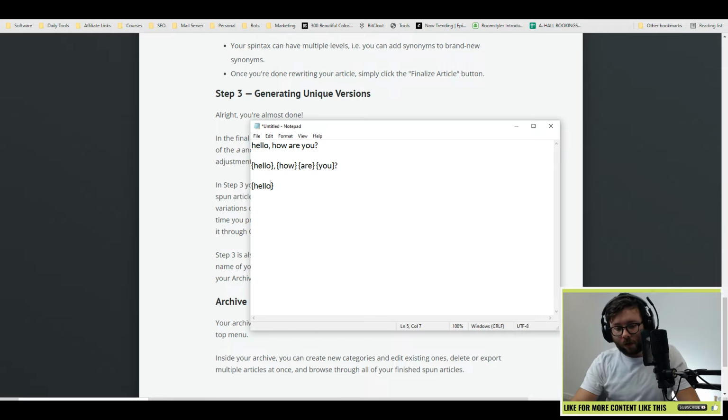Let's say we want to say hi instead of hello. So we'll just do this line here, and then we'll say hi. So now that's a divider. And let me put another divider in and say howdy. Now we've told the software you can use either hello, hi, or howdy to